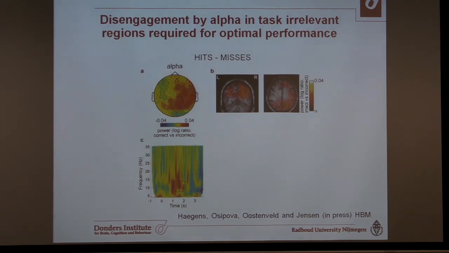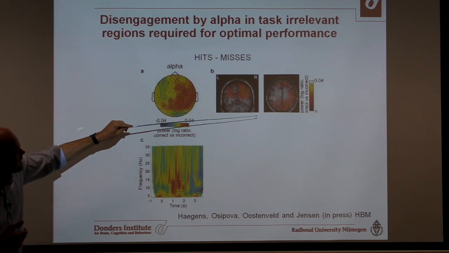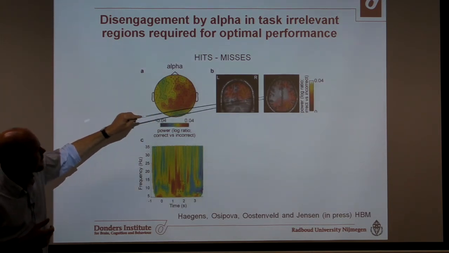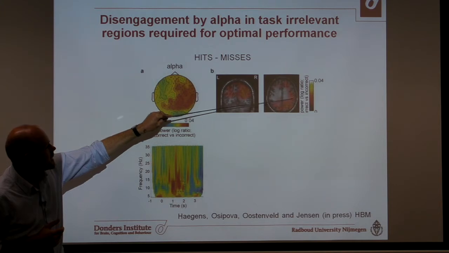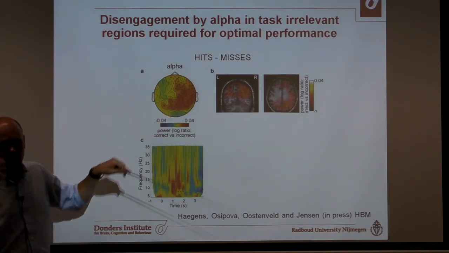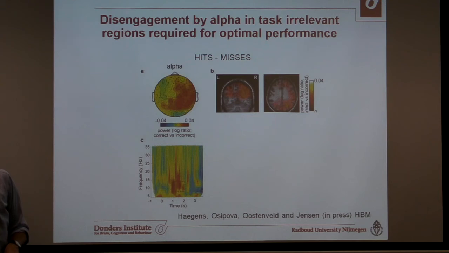And then we simply looked at the alpha activity, comparing those. And over a broad region of sensors, what we saw was more alpha activity for hits than for misses. And when we look at the sources of this, we see the alpha activity in occipital regions, but also in right hemisphere, sensorimotor, and extended regions, right? So in the hemisphere not being engaged in the task, we see stronger alpha, and this alpha is actually stronger when people do the task correctly, right? So to me, that helped us to really substantiate the case that the alpha activity is a necessity for people